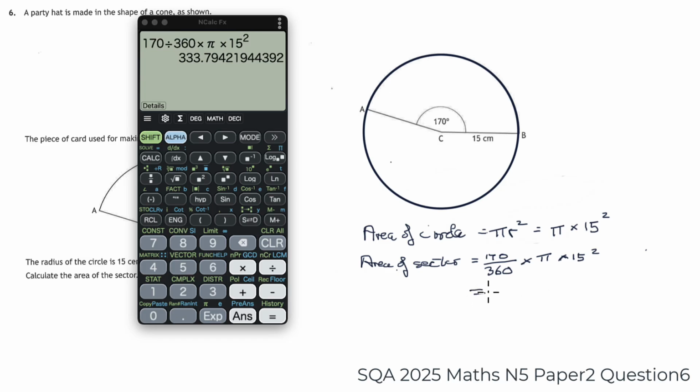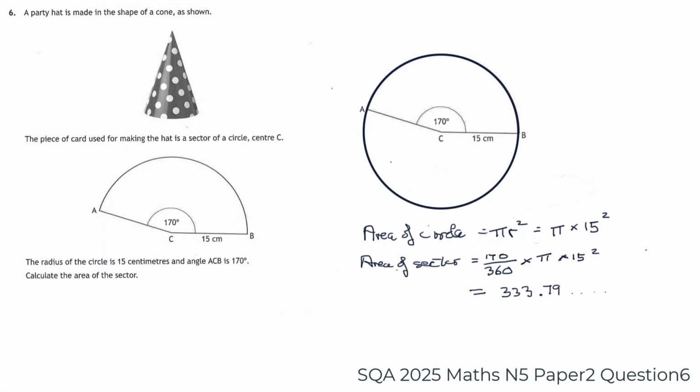And there we have it. It's 333.79, and so it goes on. Now the question asks us just for the area of the sector. It doesn't tell us what accuracy to do that. We usually end up just with 3 significant figures. So that would be approximately 1, 2, 3, and we're chopping the 7 off, so let's round it to